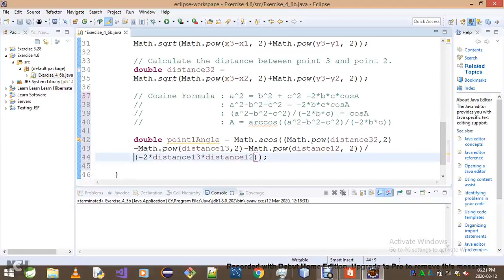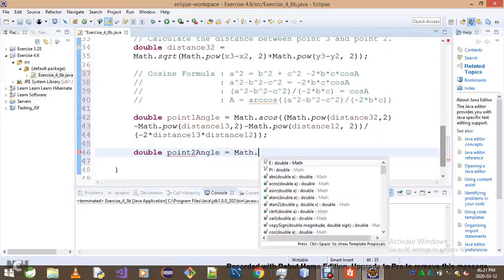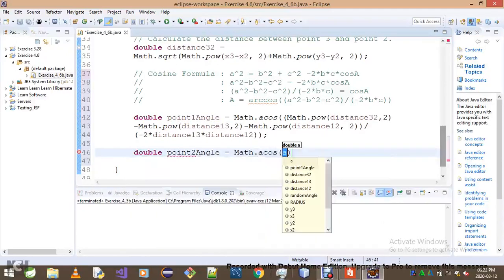Right. Okay, again, what we can do is to simply copy and paste this, but I'm not going to do that. I will simply do it from scratch because I want people to follow what's going on here. So again, we're going to simply go point 2 angle is equals to math dot arc cos. This is the tricky part. Now,